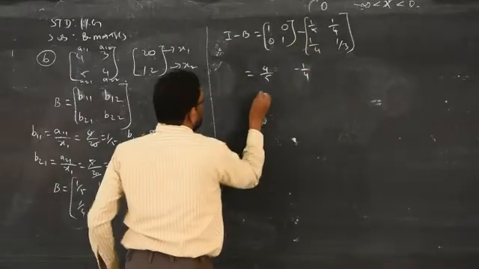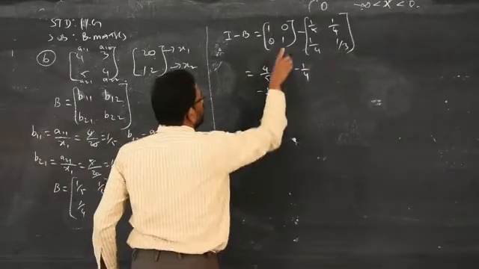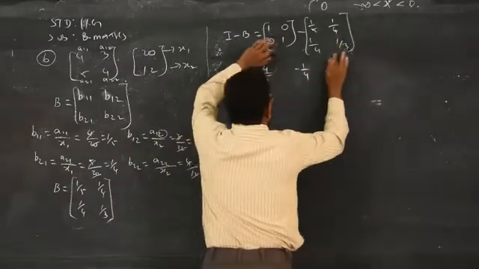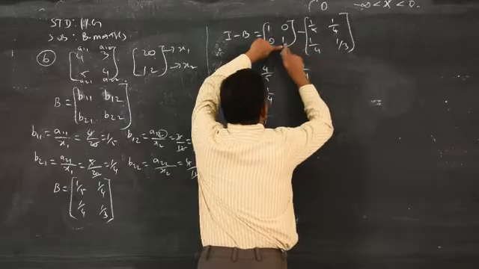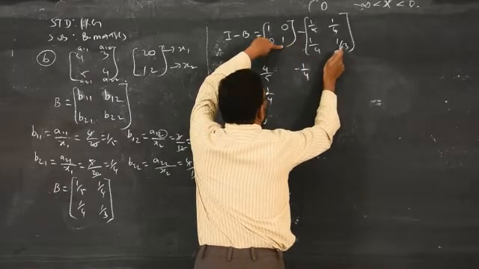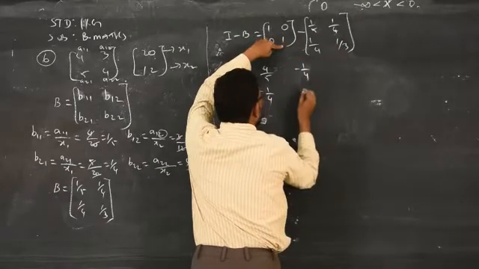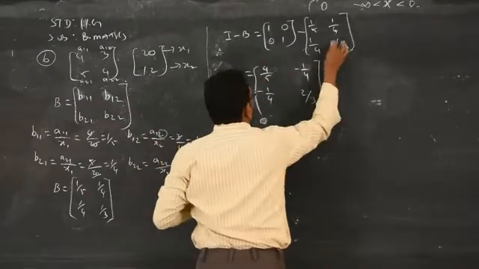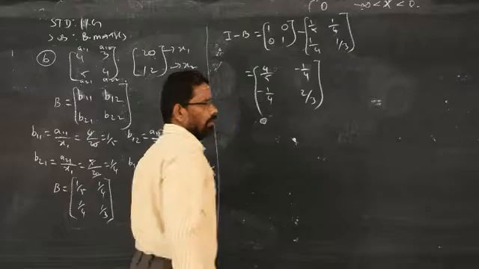0 minus 1 by 4, again minus 1 by 4. 1 minus 1 by 3. Again you are subtracting one rational, that is, a fraction from 1. So subtract the numerator from the denominator: 3 minus 1, 2. 2 by 3. Just subtract these two when you subtract from 1.